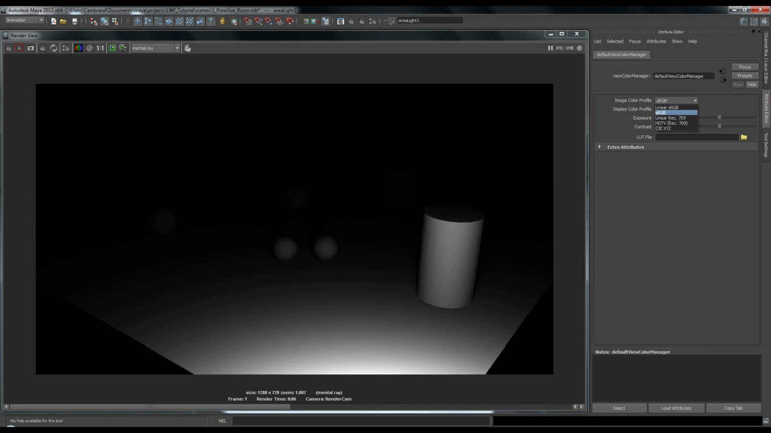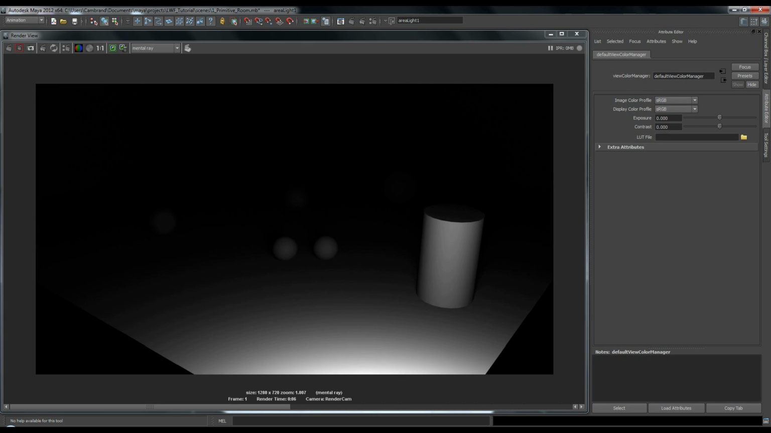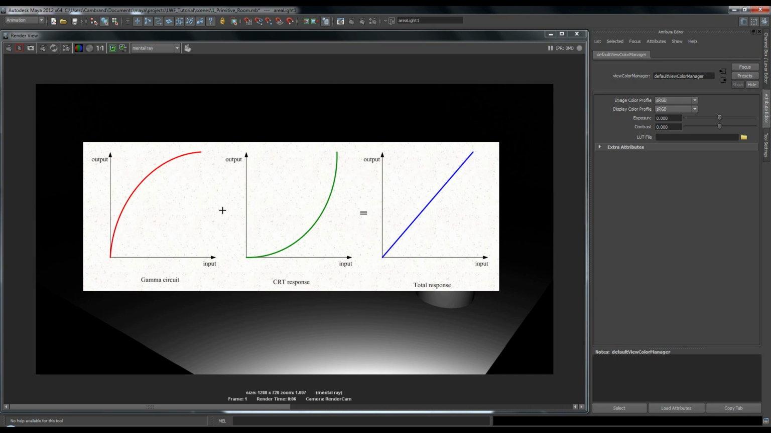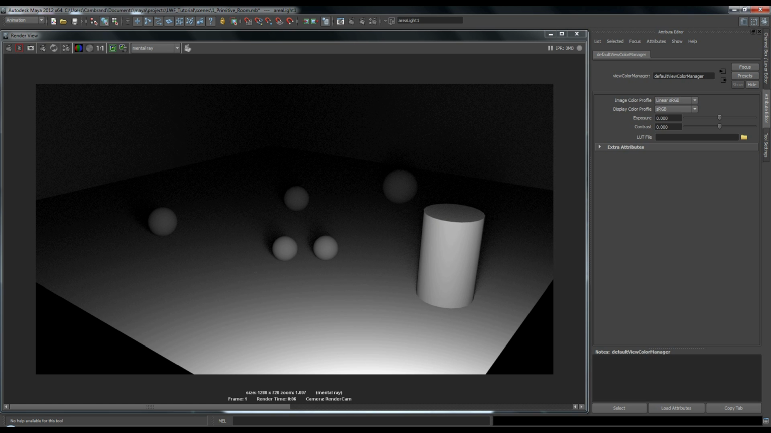So when we tell Maya that we're working linearly, look what happens. There's all this kind of information over here in the image that you thought wasn't there to begin with when it's set to the standard setting. And what's happening is that it's not re-rendering the image in any way. It's only applying a color profile to the render view, meaning that you're telling Maya that the scene is linear because it is linear, but you want to display this as an sRGB